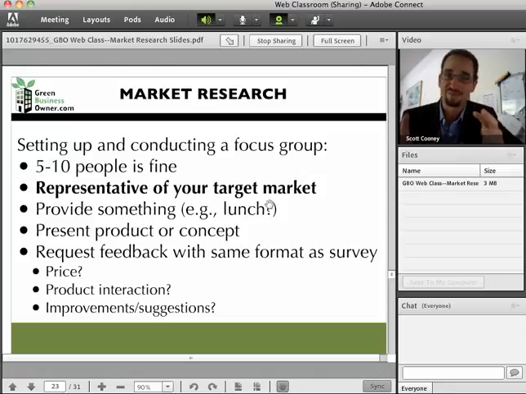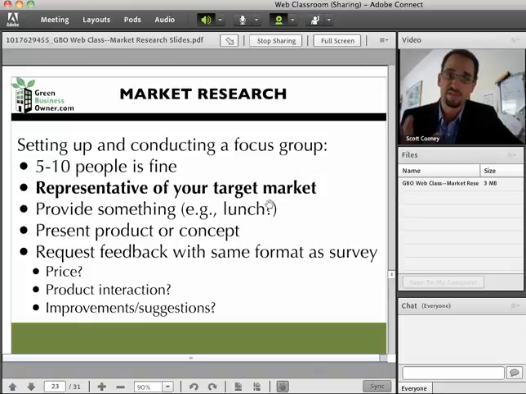If you have a concept, if you have a product, if you're in that really fun phase of product testing and development, present it to them and say, here's what we've got. If you're interested in how we might use this, here's how we might use it. Would you use this at home? Would you use this with your kids? What additional things should I add to it? Any other extra bells and whistles, or should I simplify it? This is good product testing.